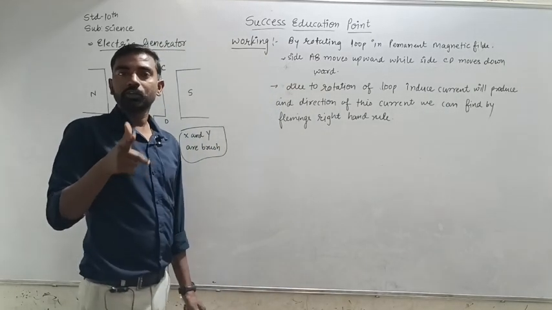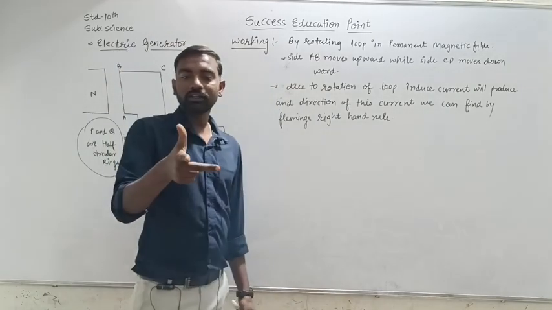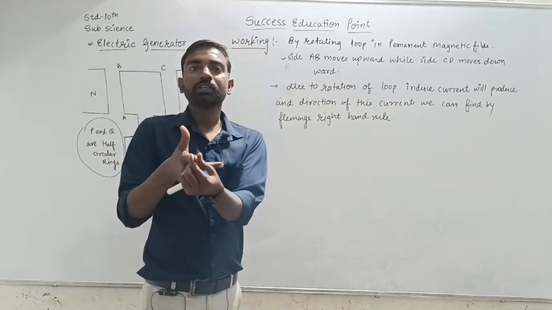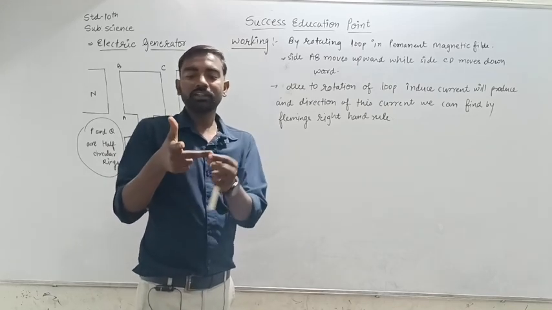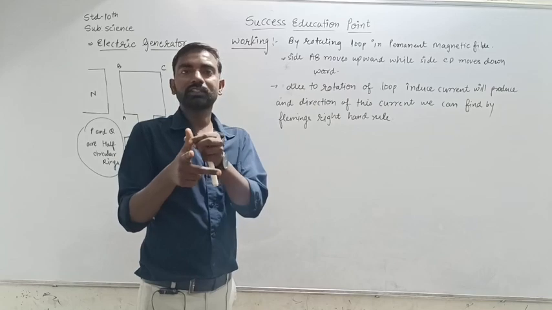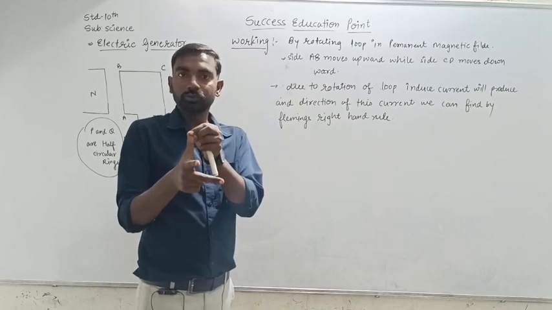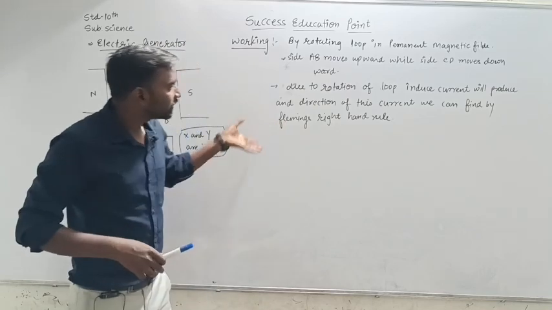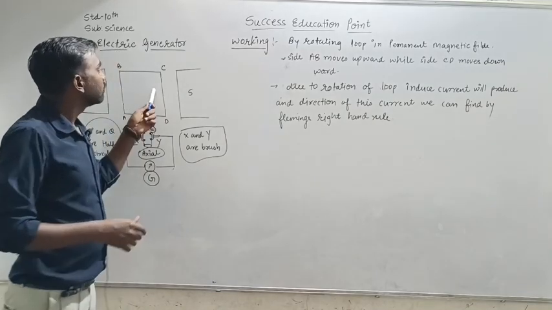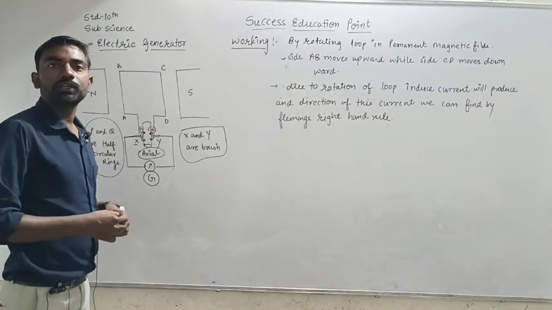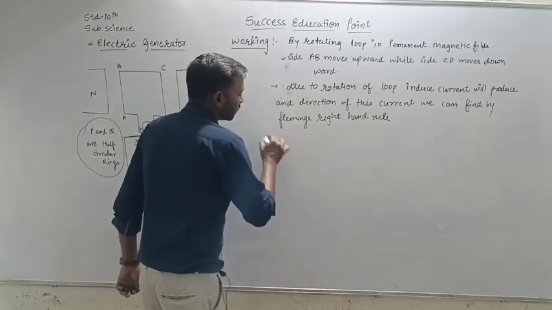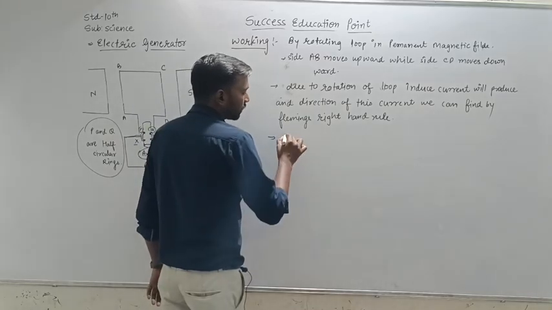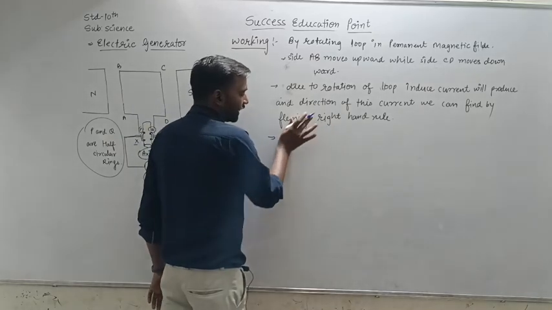Like this one, when we place our three fingers in this manner, this one informs us about the magnetic field, this is the electric current and this is the magnetic force. So on the basis of that we can understand in which direction the induced current will be produced, and in this figure we should find that in the AB side